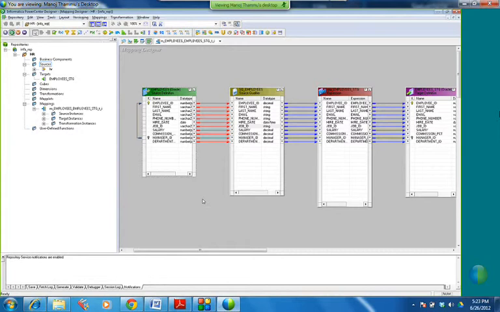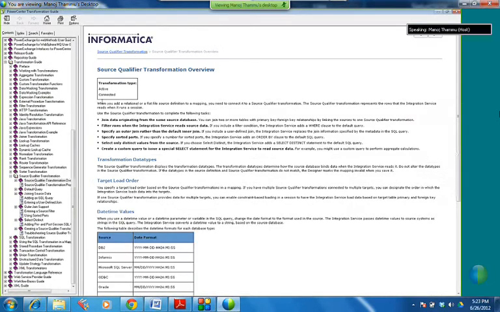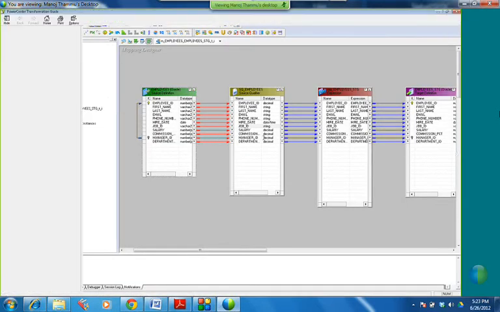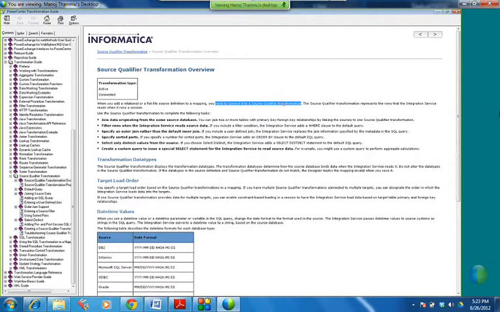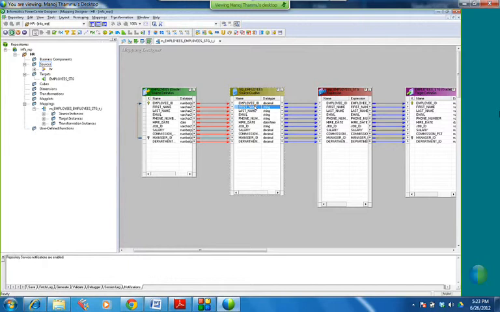Files, notepad files, all those files. So when we add those files to the mapping, automatically it will get a source qualifier transformation, meaning you need to connect it. The source qualifier transformation represents the rows that the Integration Service reads when it runs a session. These are the things which it reads.